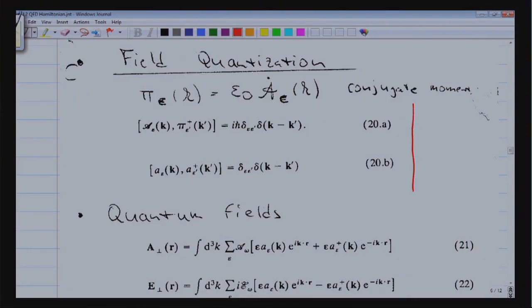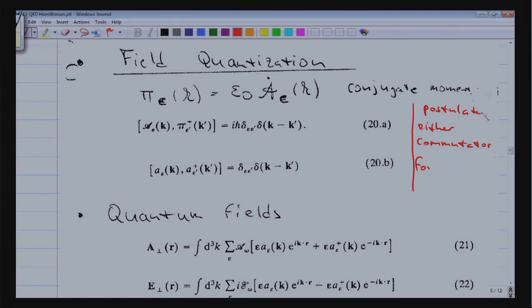So in other words, quantization cannot be rigorously proven. You cannot prove quantum theory from first principles. You can have a mathematical framework and then check it against nature. And what we have done here is to formulate the quantum theory. At this point, we've made a postulate that we have operators which fulfill a commutation relation.